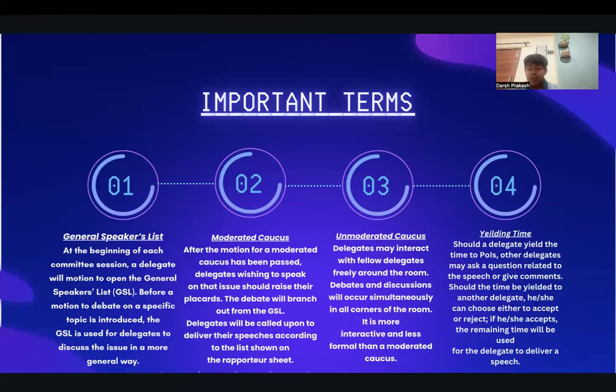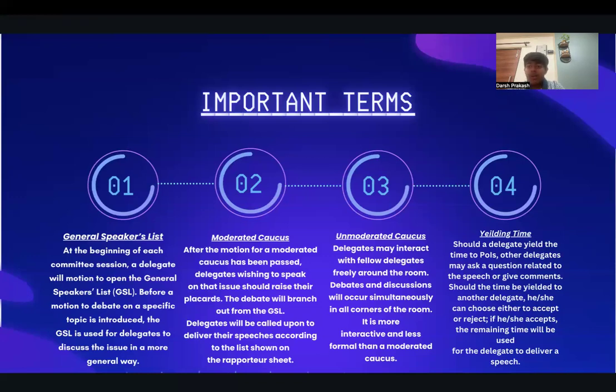Unmoderated caucus is very important in situations where you have shortlisted the topics of moderated caucus on your committee groups. That can be either on WhatsApp, Telegram, and also on Instagram nowadays. But those topics are not working and they are not being passed in the committee. So in unmoderated caucus, you can rebuild your strategies: okay, this is how we can now proceed with the committee. These are the new topics and you can proceed further.